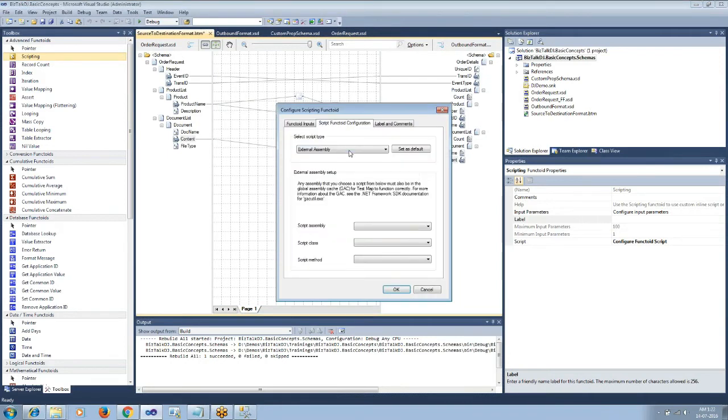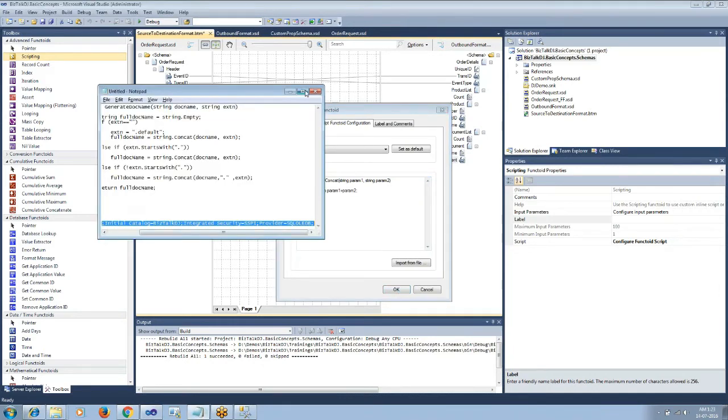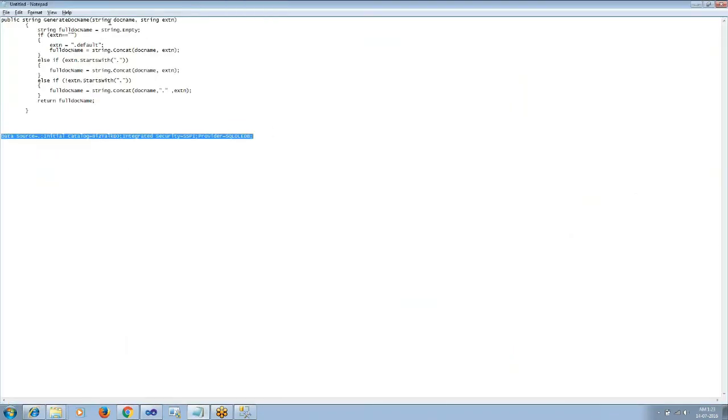We can either call an external assembly or write an inline C#. So I will uncomment the existing method. Either I can use that method, or I have written a logic to concatenate based on the value that we get.